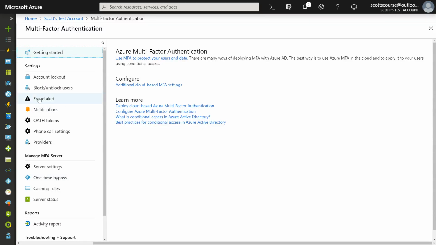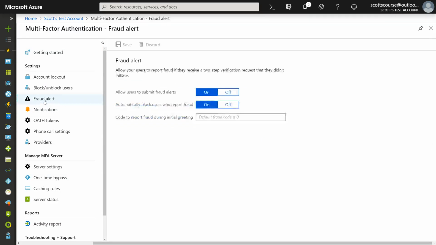Let's talk about fraud alerts first. I'm going to click Fraud Alert. Now, by default, fraud alerts are turned off. I have it turned on here because I was testing. But basically, if you enable fraud alerts, this allows your users to report it if they do receive a two-step